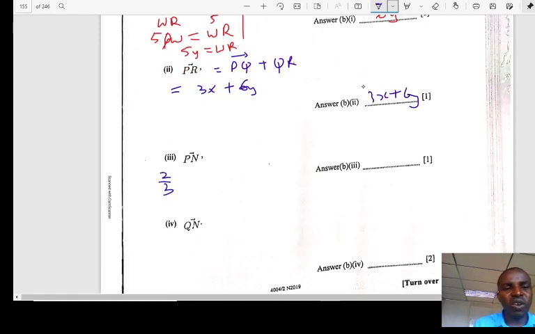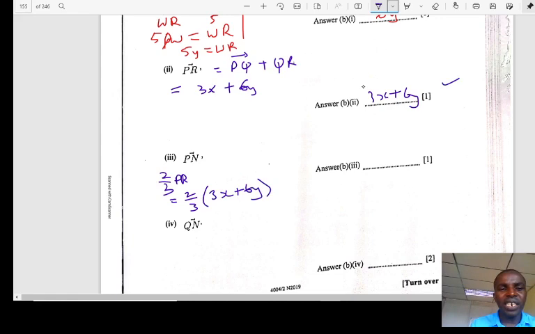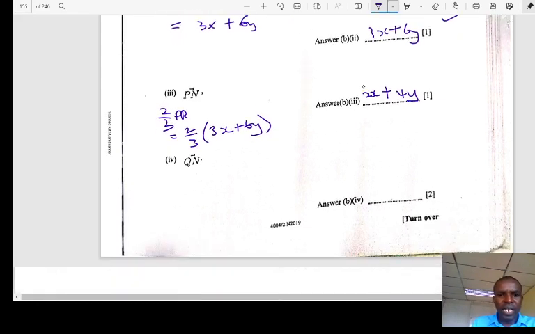So 2 over 3 of PR, which equals 2 over 3 of, what is our PR? It's here, it is 3x plus 6y. Then multiply here. 2/3 times 3, we get 2x here, plus 2/3 times 6, 3 into 2, we get 4y. So 2x plus 4y, done. Next question,